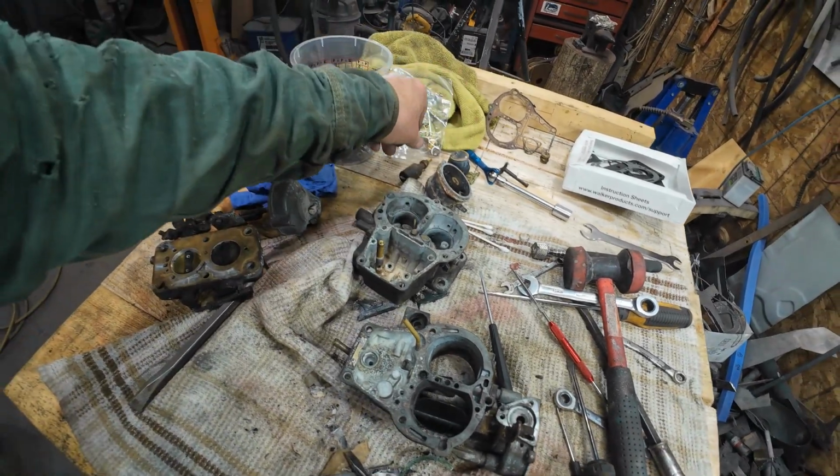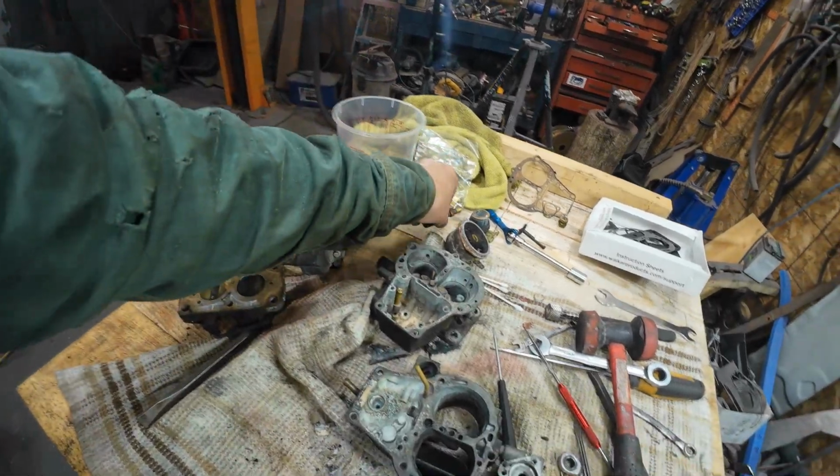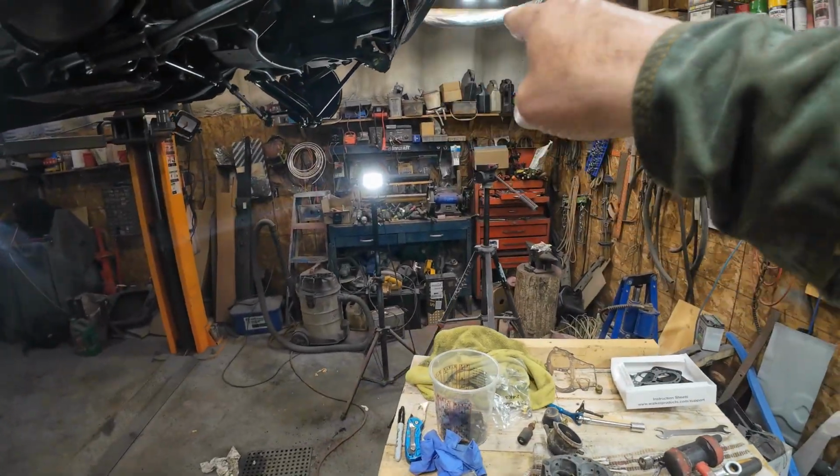Okay, and then I'll see about cleaning this up. Check it out and see if it works. I've got a 12-volt power source over there somewhere. Yeah, so that's